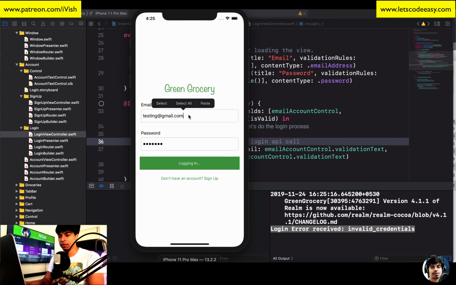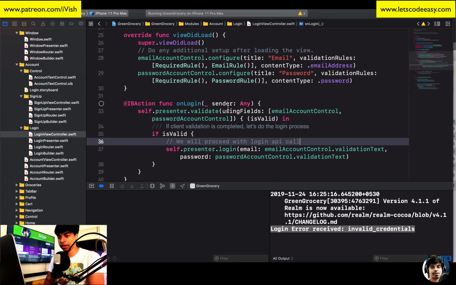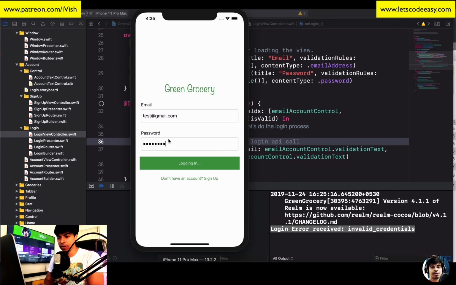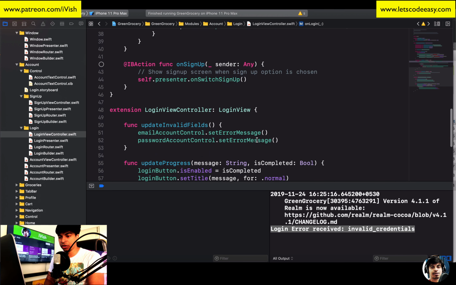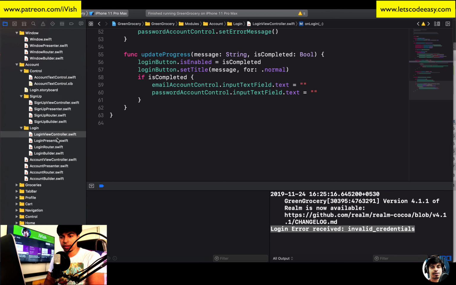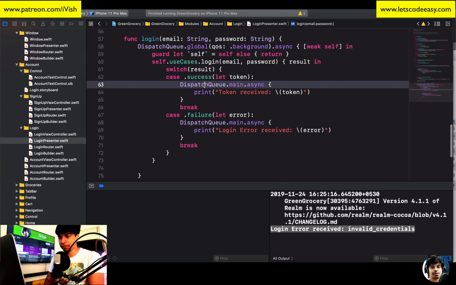Once it is a valid one, let's say test@gmail.com, test 1234. It should work. It should give me, oh, still it is in logging state. So this is what we need to fix now. Once you get that, it's still disabled and still says logging in. So once it is completed, we can update the view saying login has completed. That's what we can do on the presenter side here. Once you receive this, on the main thread,